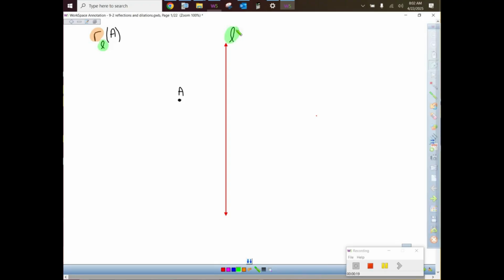And what I want to do on this first one, which is not on your worksheet at all, is just take some guesses before we measure things out. If I want to reflect A over line L, what do you think about A prime going down there? Do you think that would be correct or incorrect? What do you think? Yes or no? Doesn't look right, right? Because if I connected those together, this distance and this distance don't really